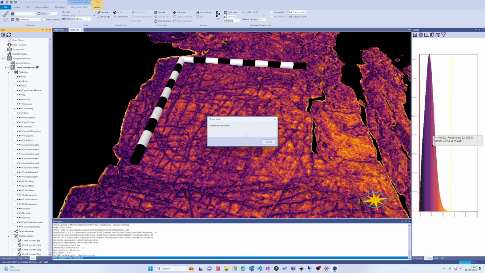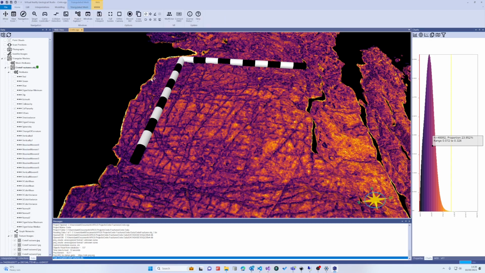So this is restructuring the data to make the tracking process much quicker. It's a one-shot process. So when you first start auto tracking, you have to initialize the auto tracker, but once it's done, you don't have to keep reinitializing it. So we have to wait a minute or two for this to initialize. It can take a minute on large data sets, but we'll just wait a moment for it to initialize here. Now that the tracker is initialized,